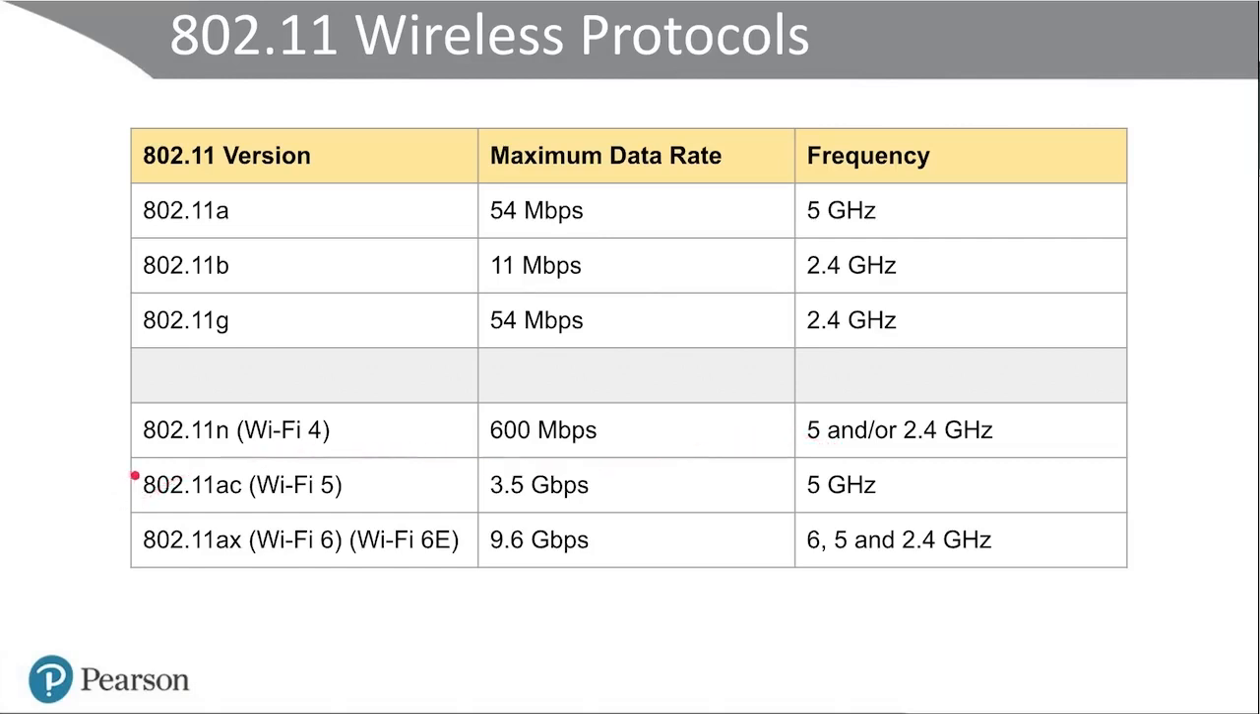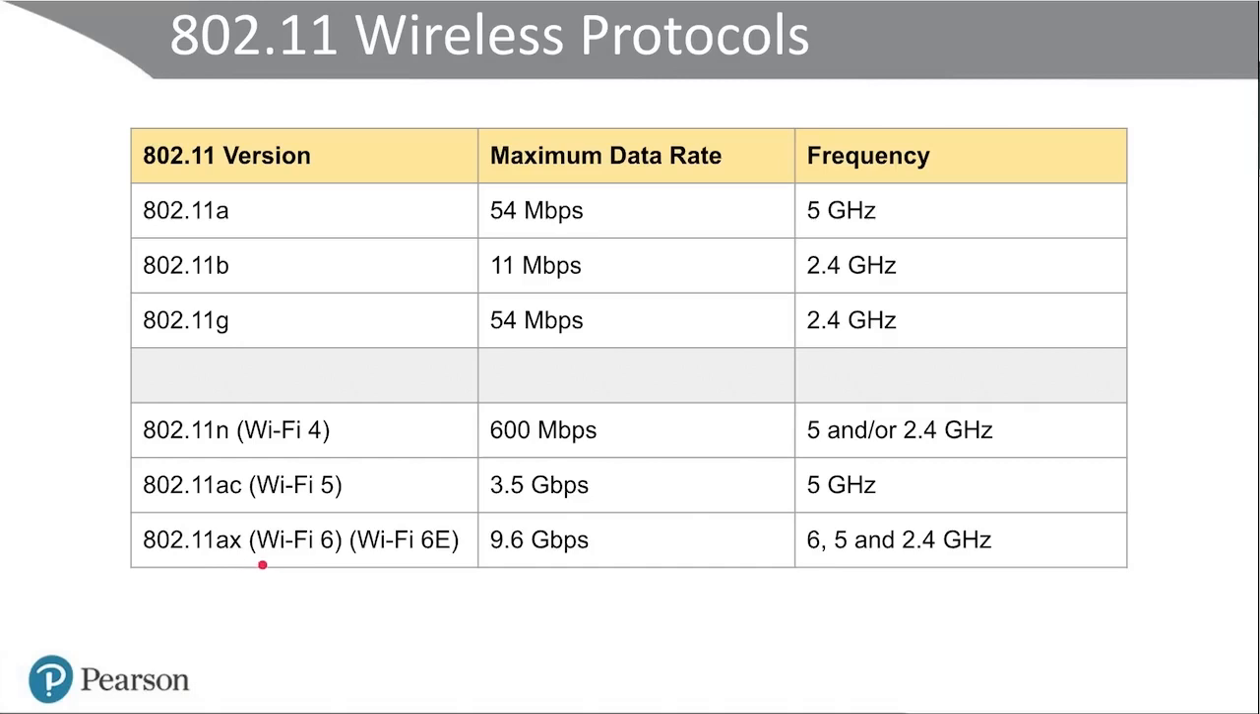Next, we have two that are going to be much more common: 802.11ac, which is known as Wi-Fi 5, has a maximum data rate of 3.5 gigabits per second, can only transmit on 5 gigahertz. And then we have